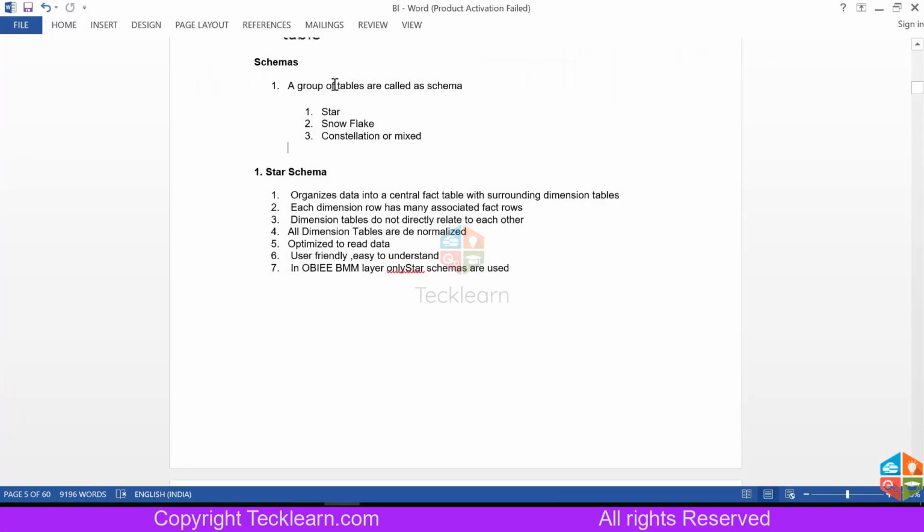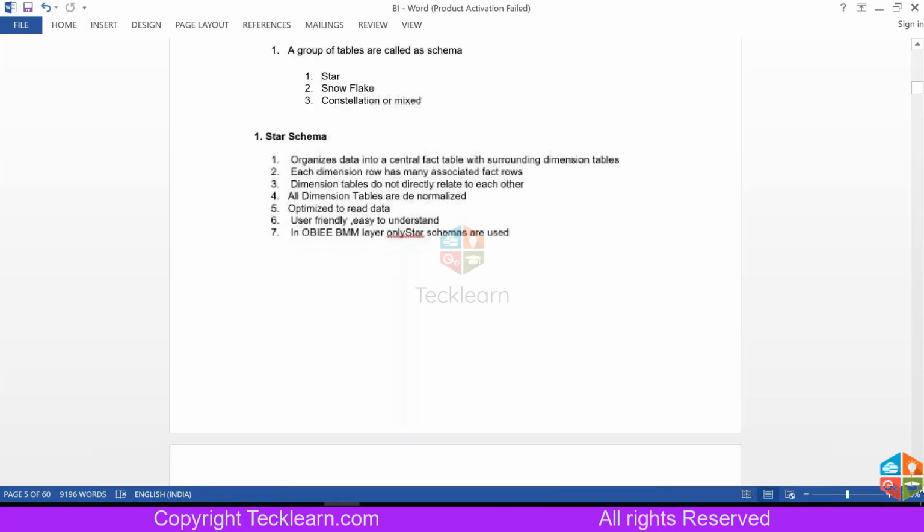Basically, when you combine a group of tables with some logical relationships, we call it a schema, and it can be classified into three types: star schema, snowflake schema, and what some people call a hybrid schema, galaxy schema, constellation, mixed schema, whatever you call it. Majorly, we will have star schema and snowflake schema in the RPD, and coming to the front end, we will always be using star schema only. Why? Because, as we will see now, of the performance issues while fetching the data.